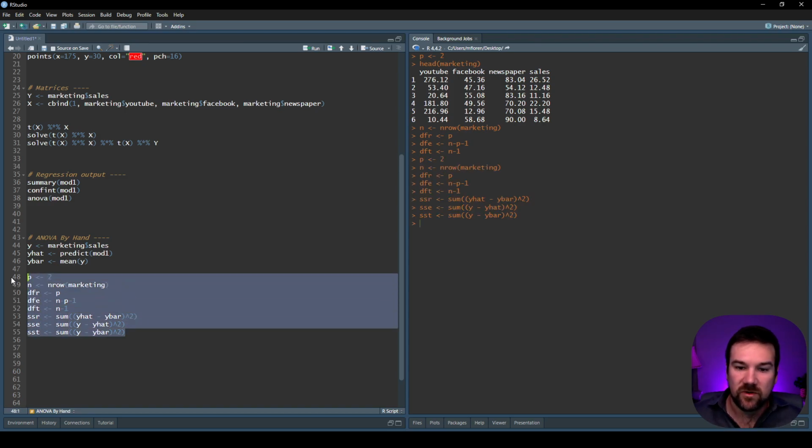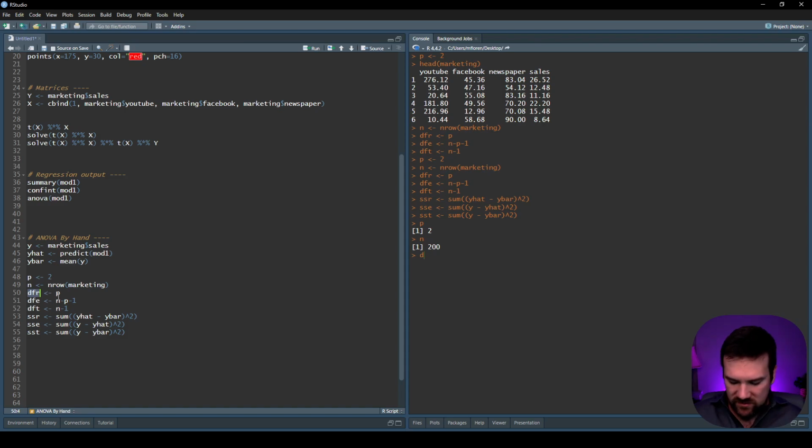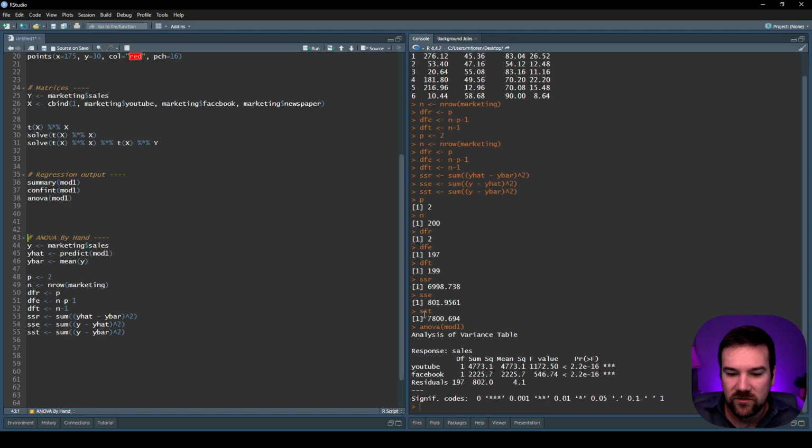Then I'll just go on and run all these, make sure there's no crazy things going on. I can double check real quick each of these. Again, double clicking and control enter to me is a little quicker. Double clicking just highlights it, control enter runs that highlighted piece. So I'm just running each of these over on the right hand side to see what each of them are. My mental double check, I could compare to the ANOVA table real quick here too, make sure the sum of squares error is